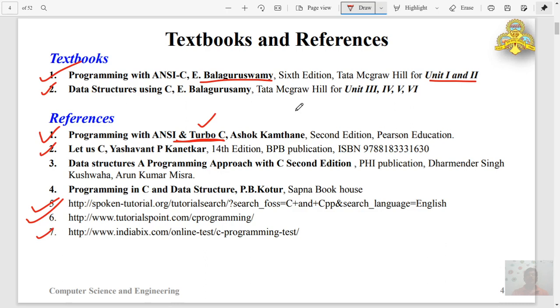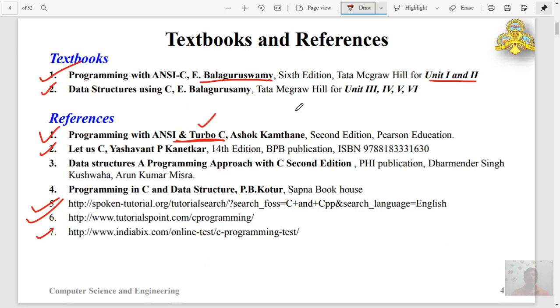So we are using Linux as the major operating system in our computer lab, and also in Windows we are using the Code::Blocks C compiler, which uses GCC as the C compiler in the backend.